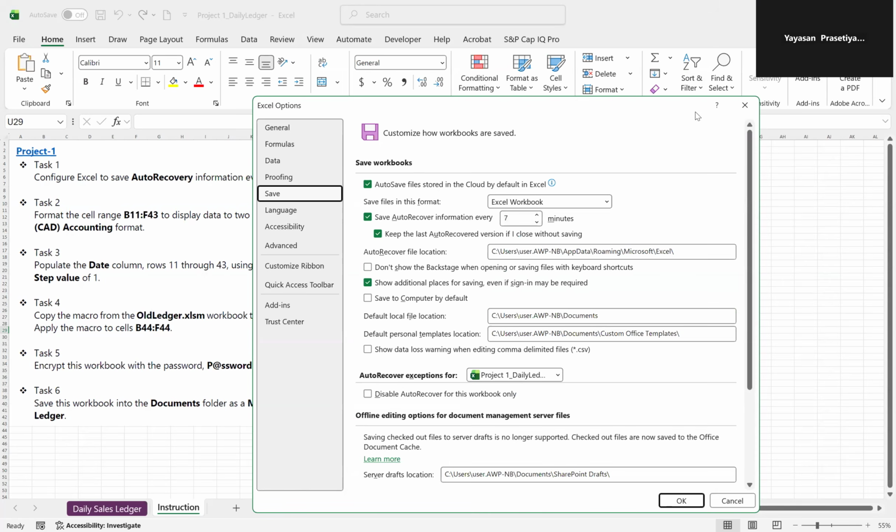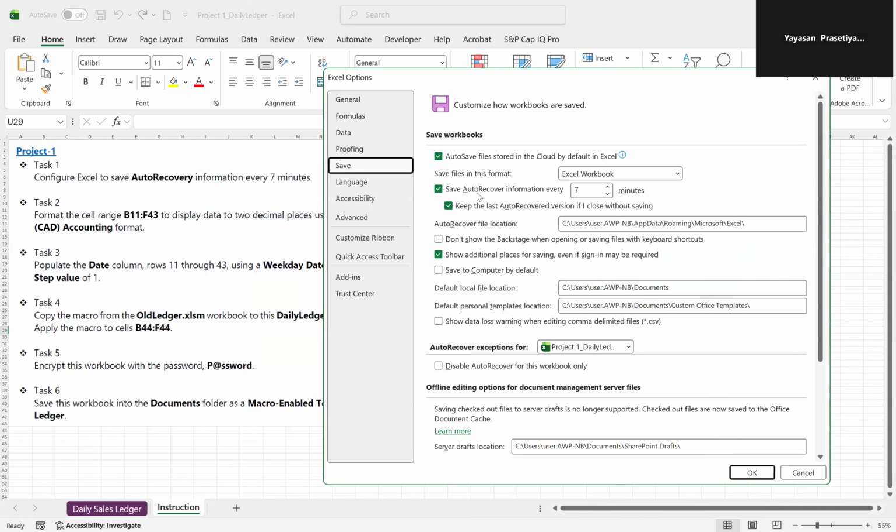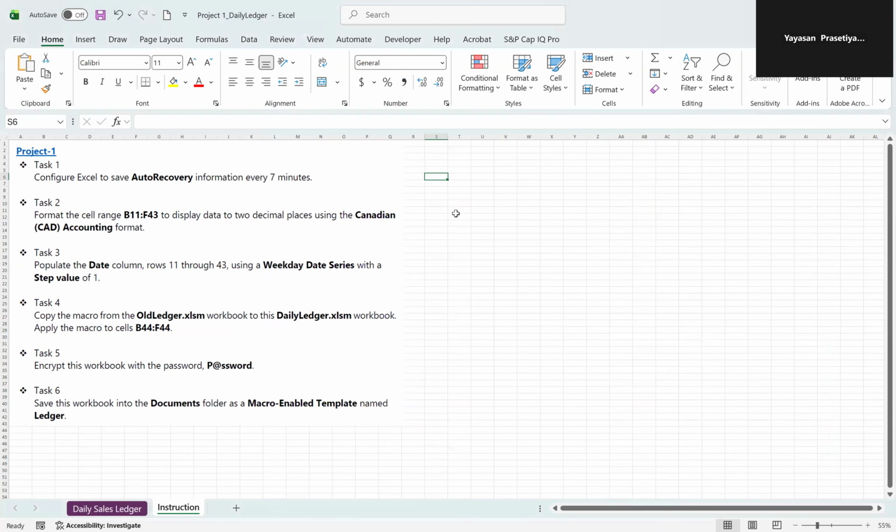We have to make sure that the auto recover information is set for every 7 minutes, as in the instruction. So we set it here with 7 minutes. This one looks good, and then you just have to press OK. That's all for number one.